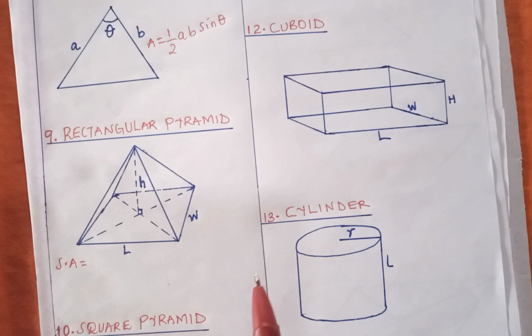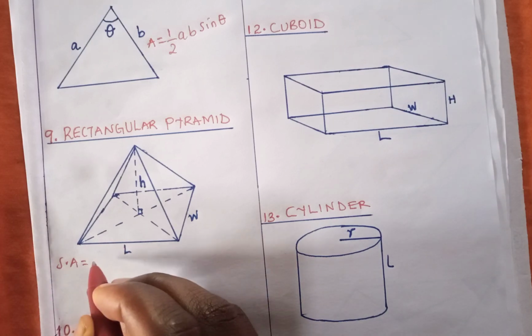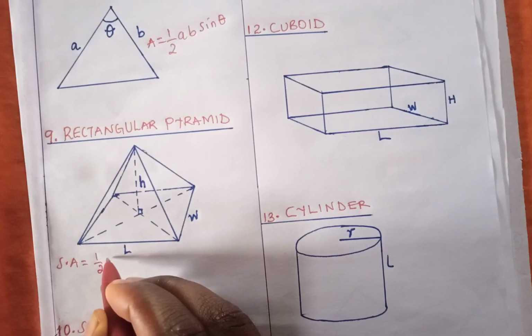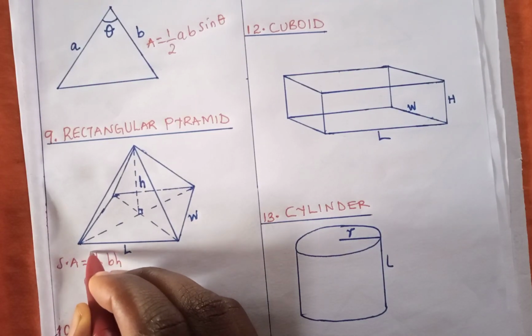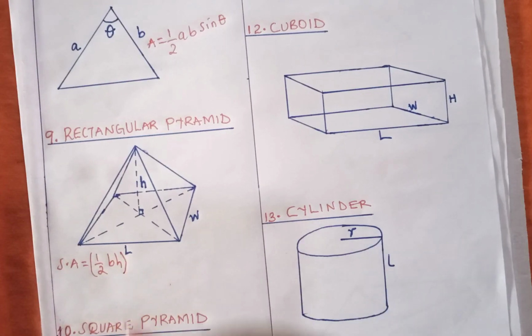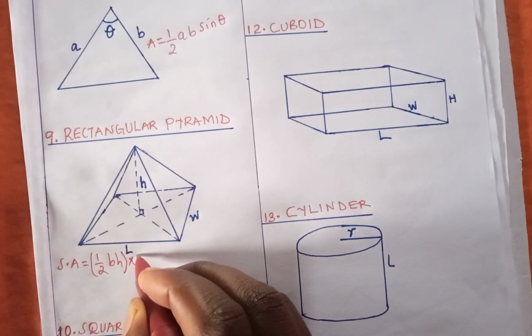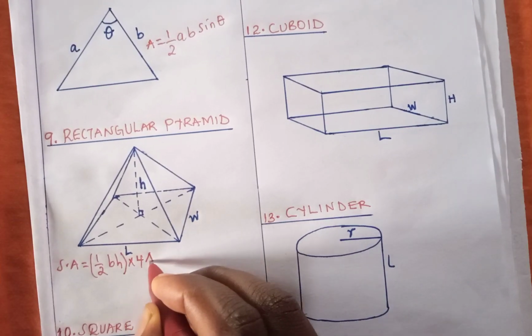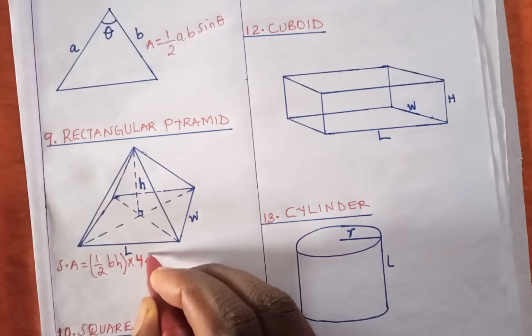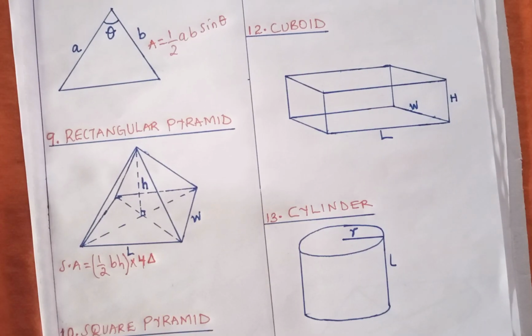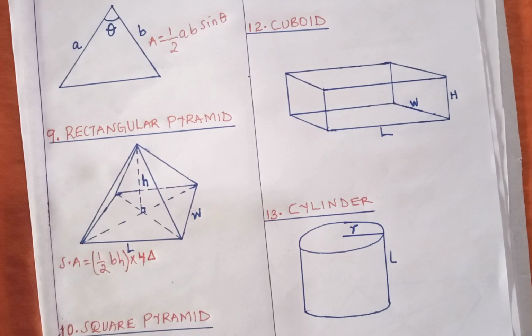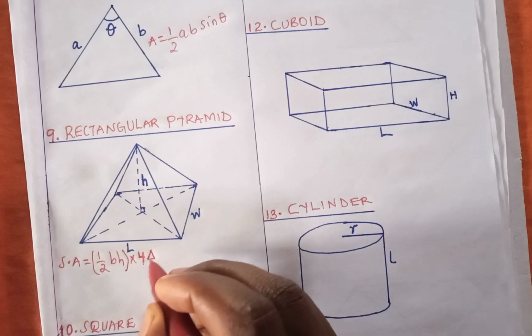If you work out the area of one triangle by using the formula a half base times height, that is for one triangle, you multiply by the 4 triangles that we have. So you multiply by 4 triangles. This thing that I have used simply stands for the 4 triangles. So you multiply by the 4 triangles that we have in this figure,